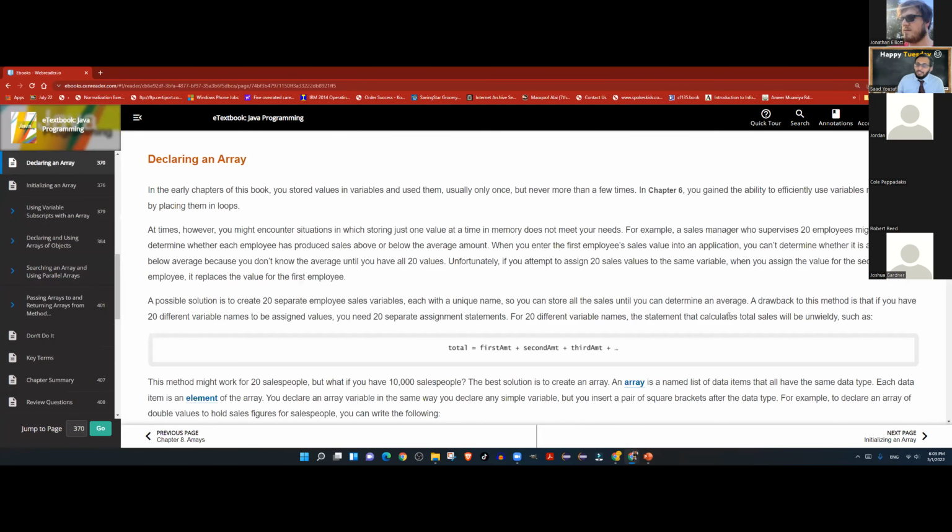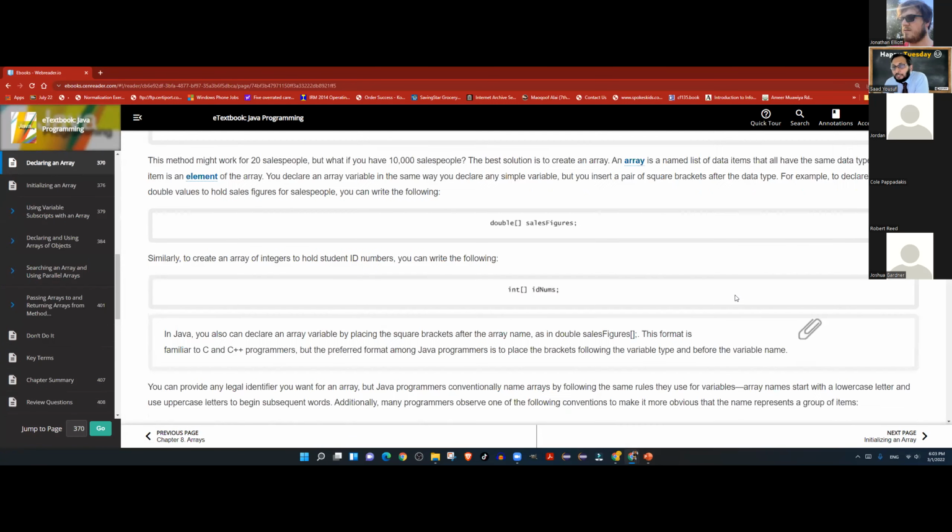Okay, so I already told you guys that an array can be declared in Java exactly the same way as in C#, but with some minor differences, which we're going to explore as we move through the chapter. So this one is an array declaration of type double, and the name of the array is sales figure. What is missing in this block and that block? What is missing?